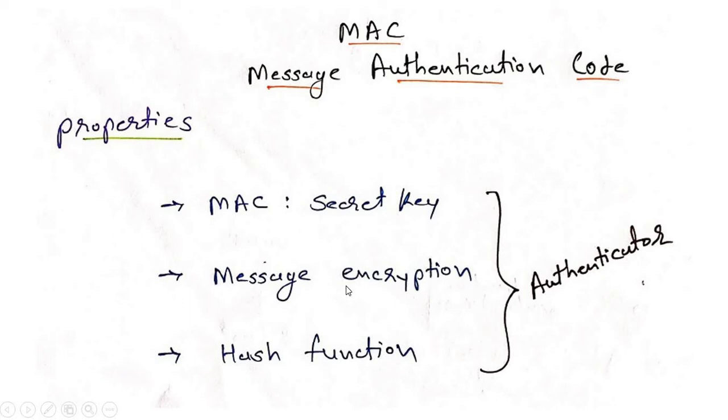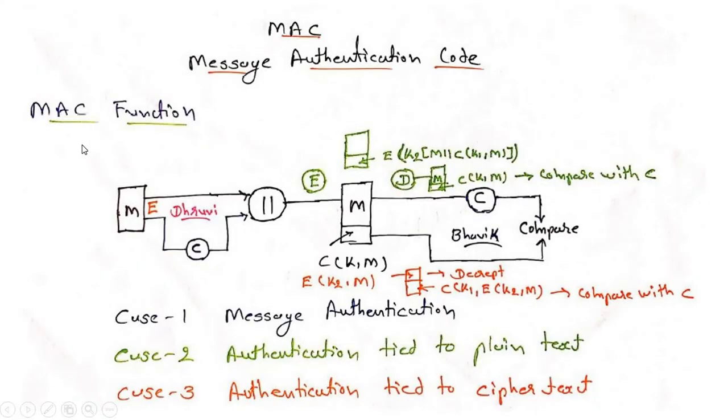Same thing, another possibility is encryption. The sender can encrypt the message while sending. Same thing, the receiver can decrypt the message. Another thing is the use of a hash function. The sender can apply a hash function on the actual message, and after applying the hash function, the sender sends the message. Same thing, the sender shares this hash function with the receiver. So whenever the receiver receives the message, the receiver applies the hash function on the message and extracts the original message. So these 3 things work for authentication. Let's see one by one how it is happening.